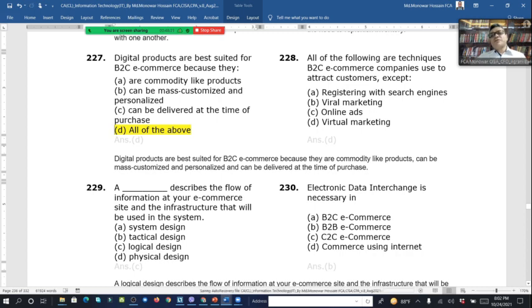And all of the following are techniques of business to consumer e-commerce companies used to attract customers, except